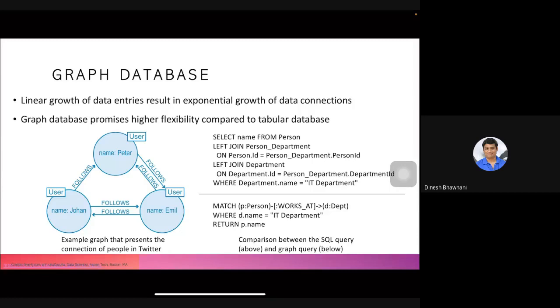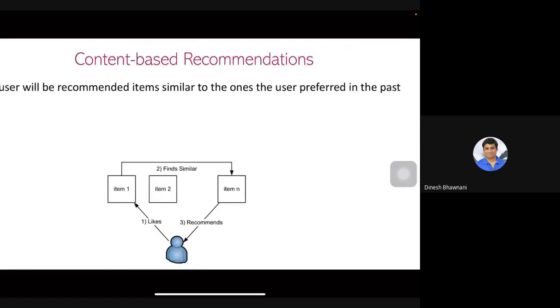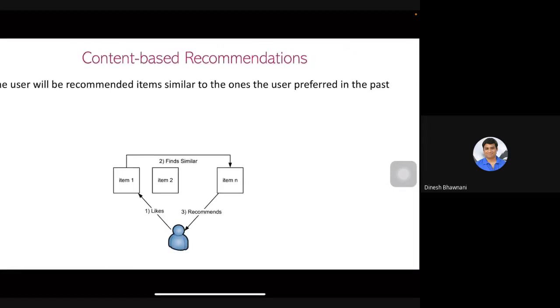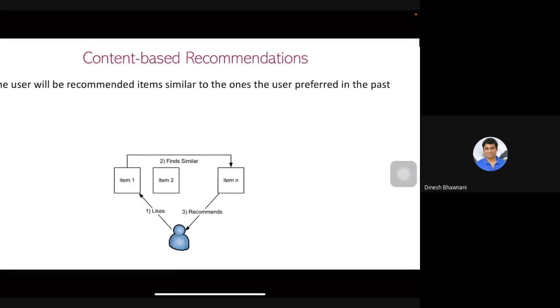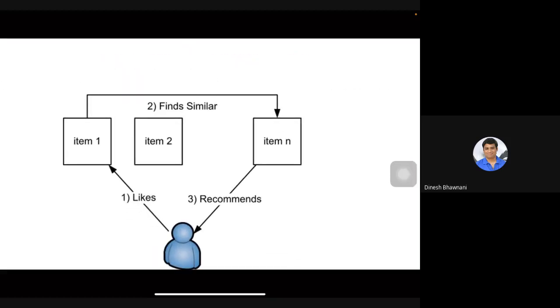So content-based recommendations. What happens here? The user will be recommended items similar to the ones the user preferred in the past. Item 1, 2, 3, item n. What is happening is, if your user in your app